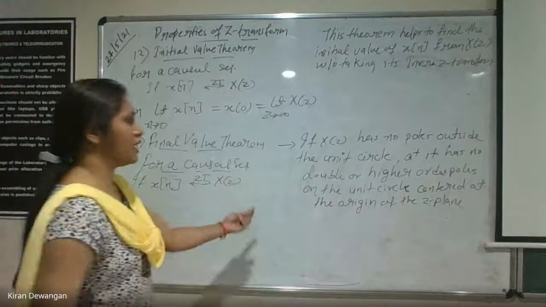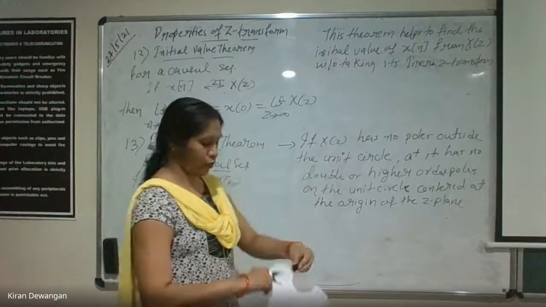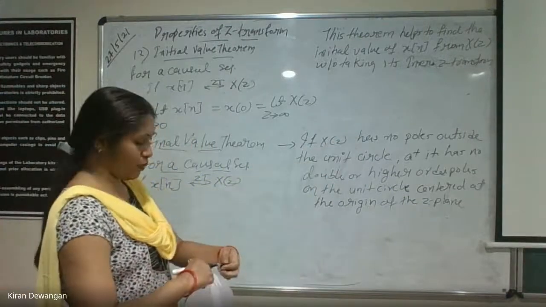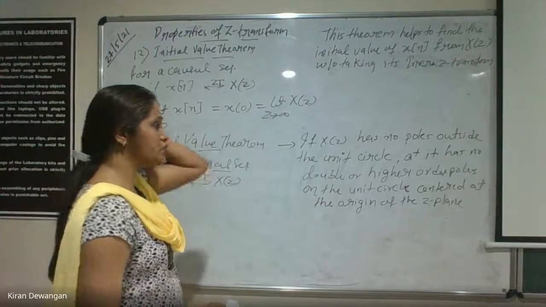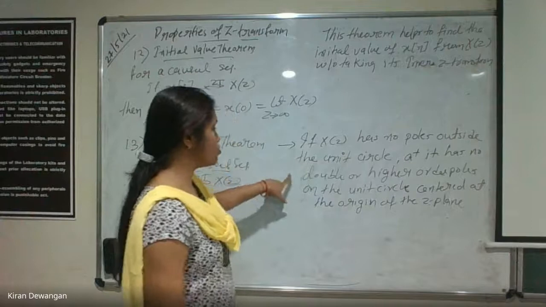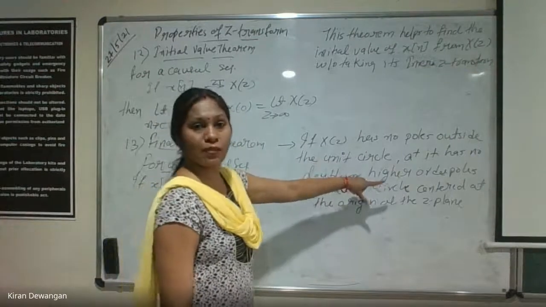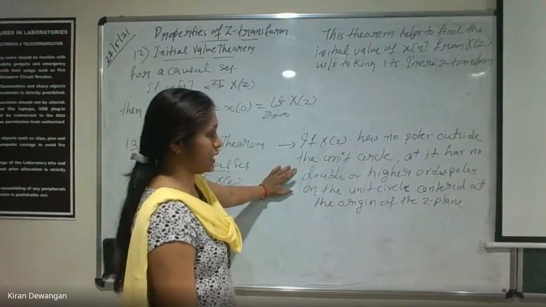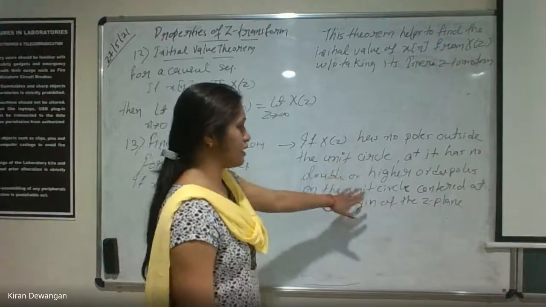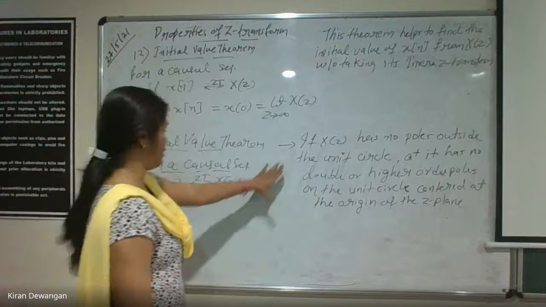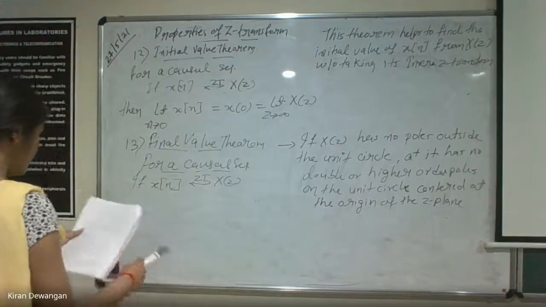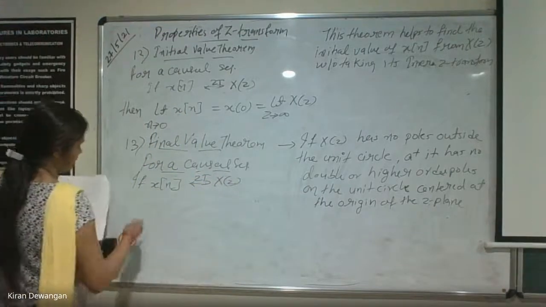Now this we need to understand कि x of z has no poles. अगर वो बोल रहा है कि x of z में कोई pole नहीं है outside the unit circle. Unit circle के बाहर there is no pole and it has no double or higher order poles. Double or higher order poles भी exist नहीं करते हैं on the unit circle centered at origin of the z plane. Now this is the condition for this. ठीक है? If this is the condition, then